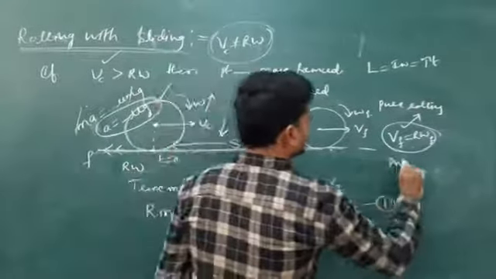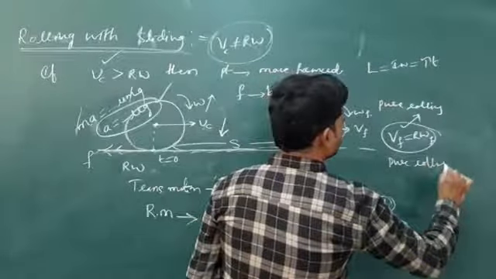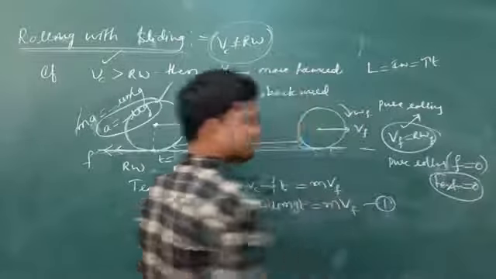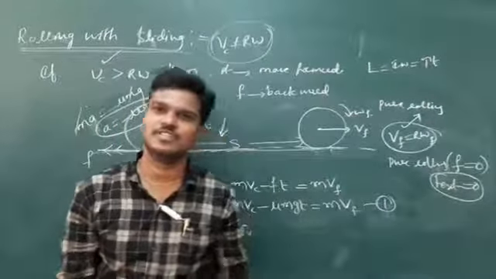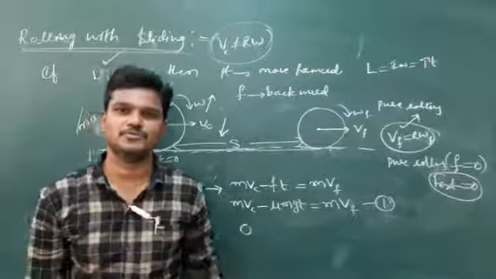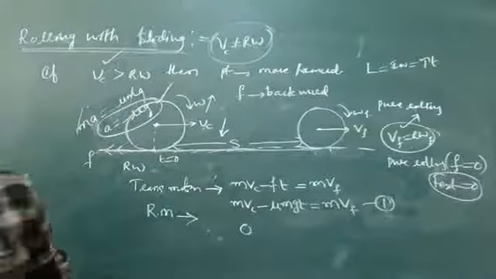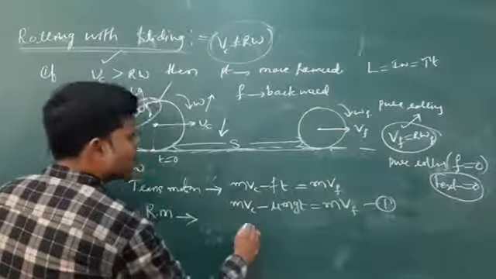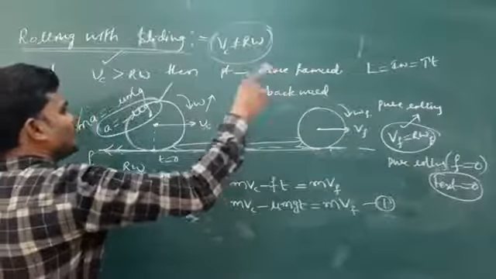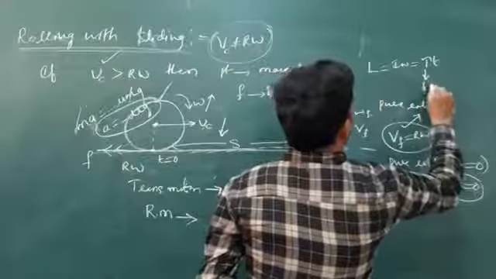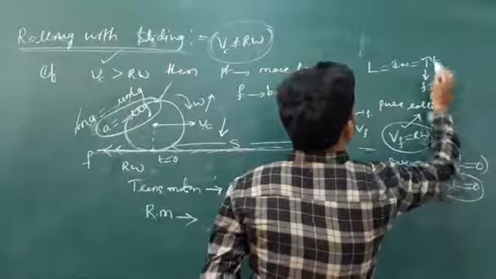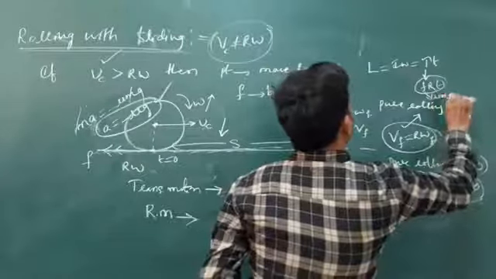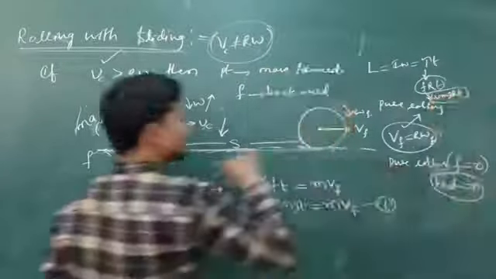Whenever pure rolling starts, there is no frictional force because we are not applying any external force. I think you know these fundamentals. If there is no external force, there is no frictional force, because frictional force is proportional to applied force. Here, due to frictional force, there will be a rotation. So angular impulse is tau into t. Tau is nothing but force into displacement, which is r into t. So this F is nothing but mu mg r t. So this is the impulse at time t is equal to 0.